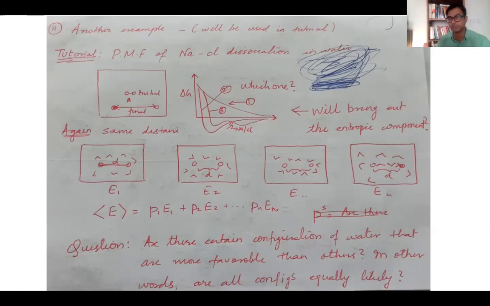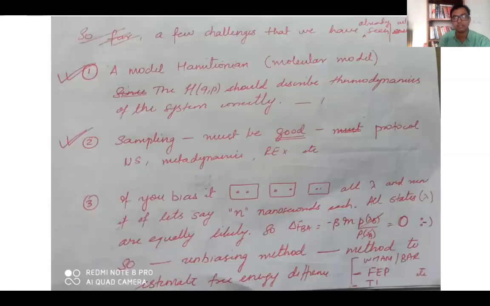But that's not the case. You will see a very interesting feature pops up, where there's another minimum which is stabilized by a water wire. Okay, and to me that was very, very interesting to bring to the class, and that is something that we'll do in the coming weeks. So through that I will also try to highlight the aspects of how to properly do umbrella sampling and the weighted histogram analysis method, and just the histogram method. Thinking about that will help.